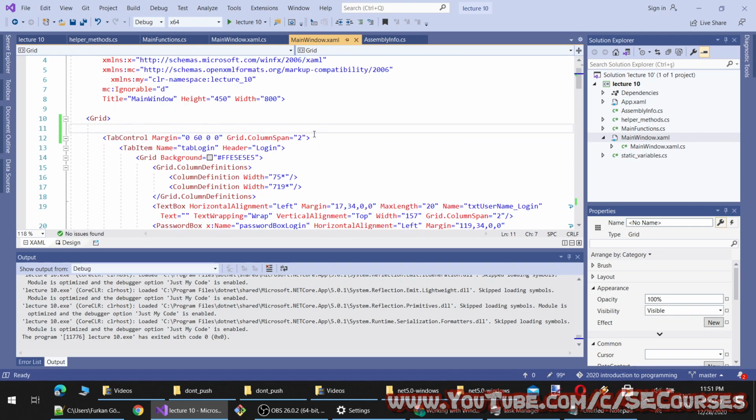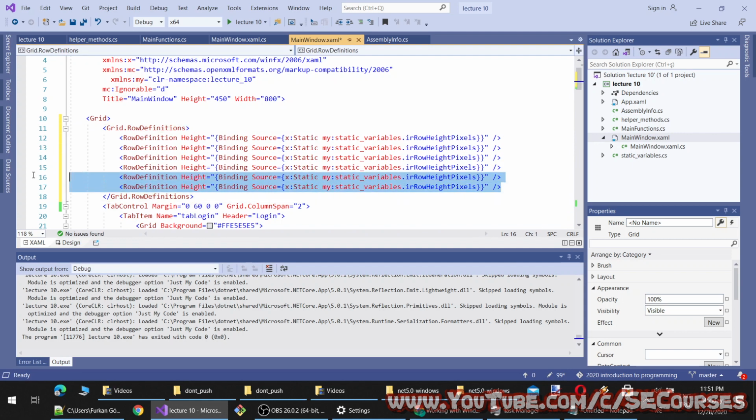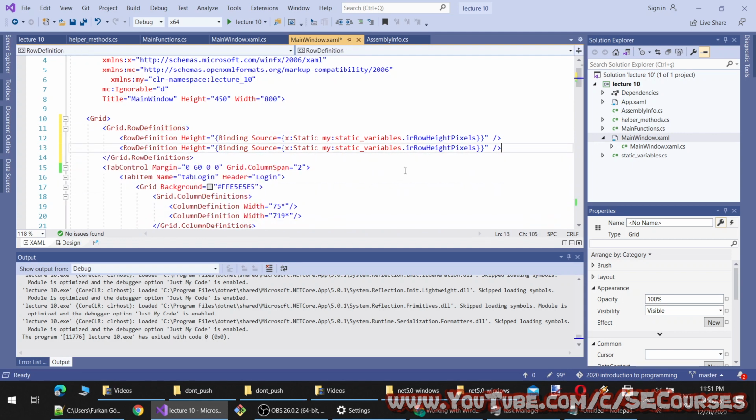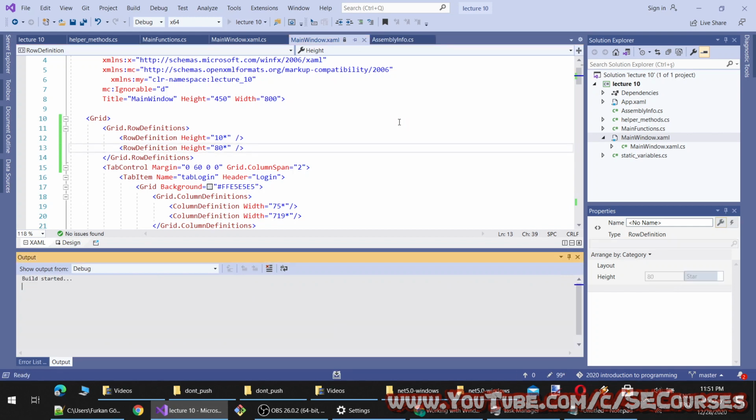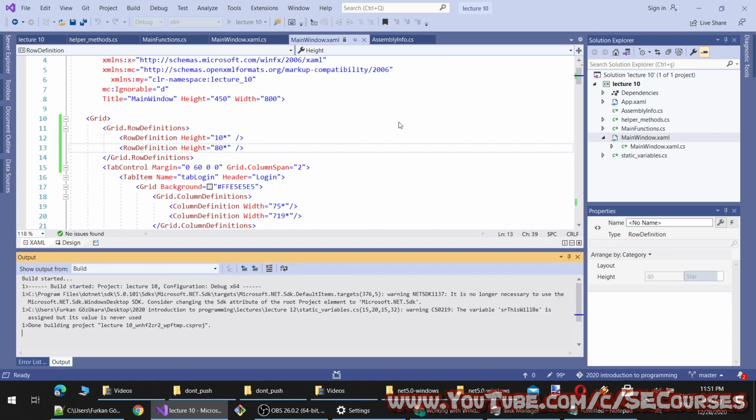So here I will make it 2 grid row heights. First one will be, let's say, 100. The second one will be 800, or let's make them percent, and let's see how it looks.